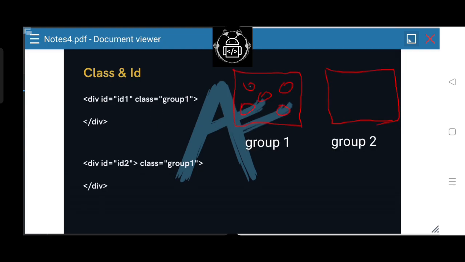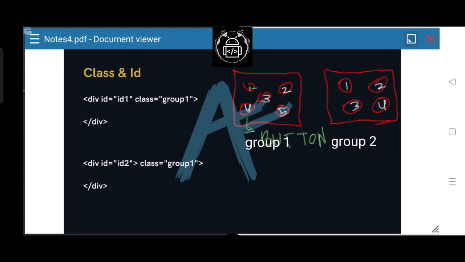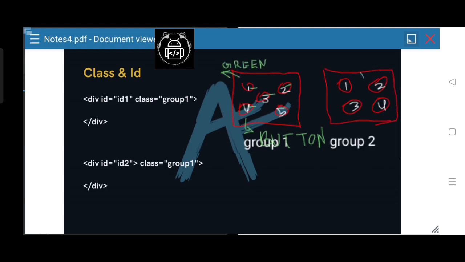Now inside group 1, there could be 5 children. How will we differentiate these 5 children? We will give them IDs. Its ID is 1, its ID is 2, 3, 4, and 5. Let's assume there are 4 children, and they also have their own IDs: 1, 2, 3, 4. If all these children are buttons, and we want the color of all buttons to be green individually,